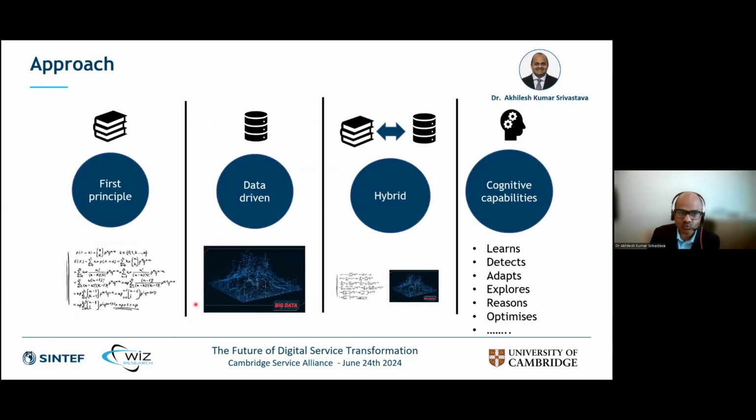So our approach was that we worked with both first principle and data-driven models, because it is very difficult to rely on a single model when we deal with these not so fast-moving consumer good kinds of industries. So we developed models from first principles and data-driven. We combined them to make hybrid models, and then we built interoperability between these two models. And finally, we introduced cognitive capabilities in our models.